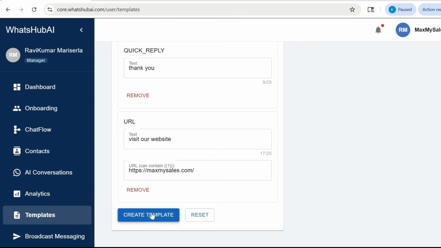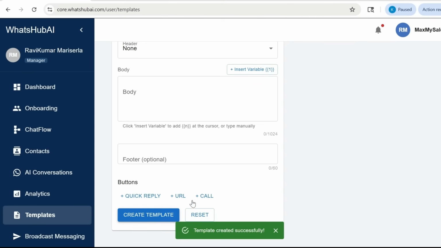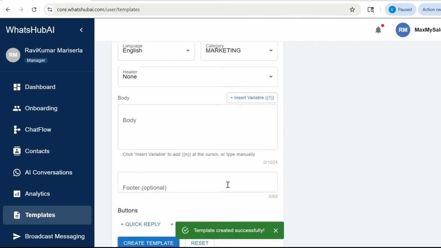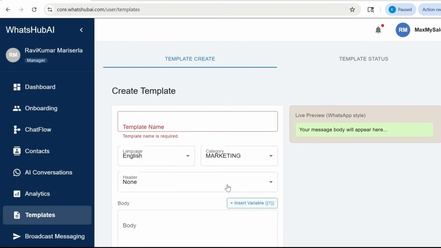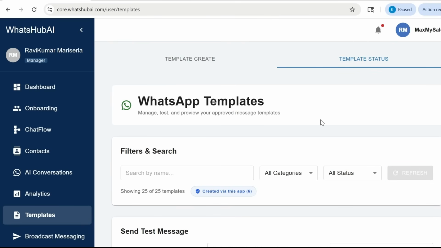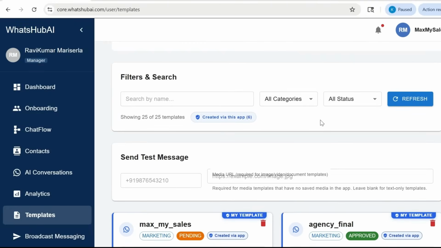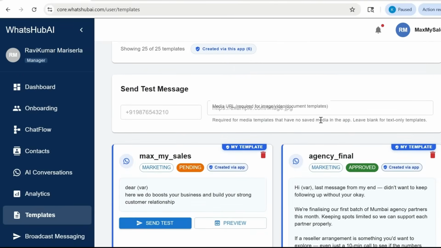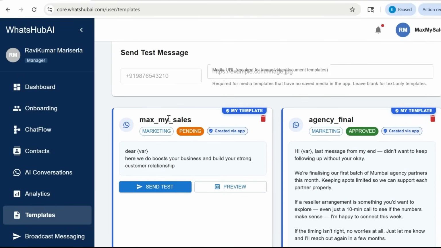Once you've filled in your footer and buttons, click Create Template. You'll see a success notification once it's processed. Finally, let's look at template status. After you create a template, it undergoes a quick review process by WhatsApp. In this tab, you can see all your templates at a glance. You'll see status tags like pending while it's being reviewed or approved. Once it's ready to send,